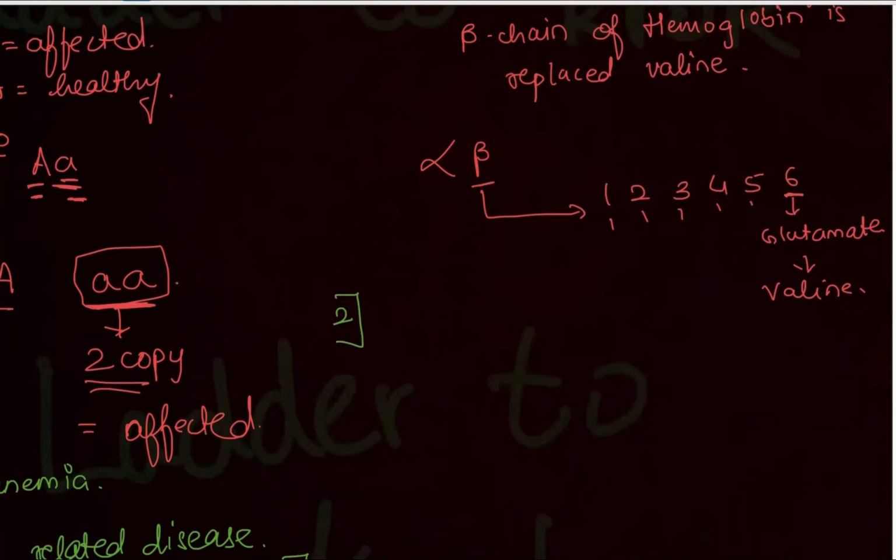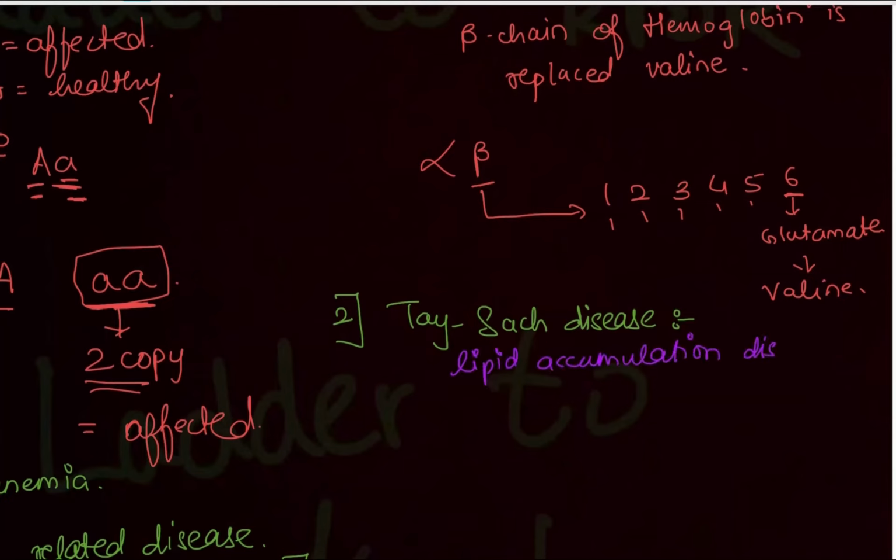The second disease is Tay-Sachs disease, that you should know about. We will be doing Tay-Sachs disease in biochemistry in detail. For now, you must remember that it is a lipid accumulation disease. In a question, if they mention a lipid accumulation disease, and if they say that it is autosomal recessive, then they are probably talking about Tay-Sachs disease. What happens in Tay-Sachs disease? Let's know a little bit over here. There is an enzyme deficiency, and the enzyme is hexosaminidase A2.